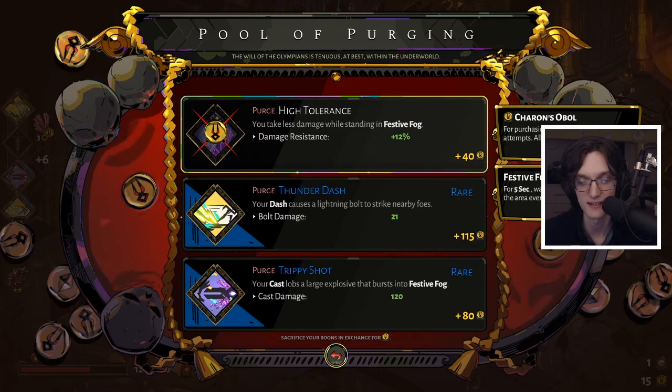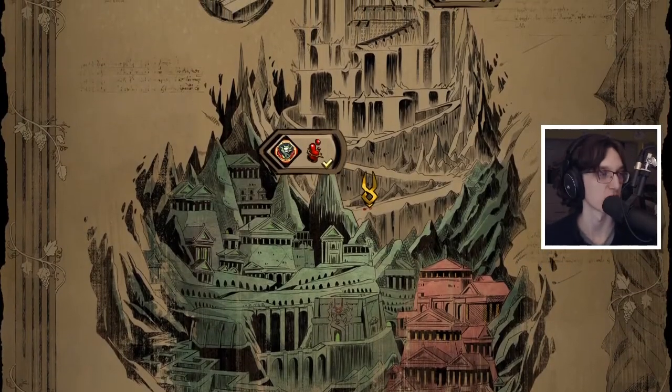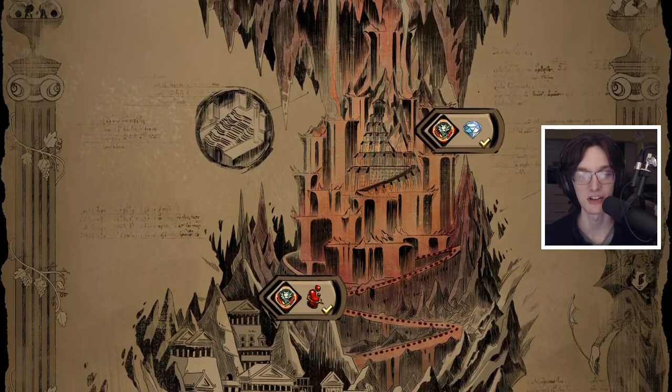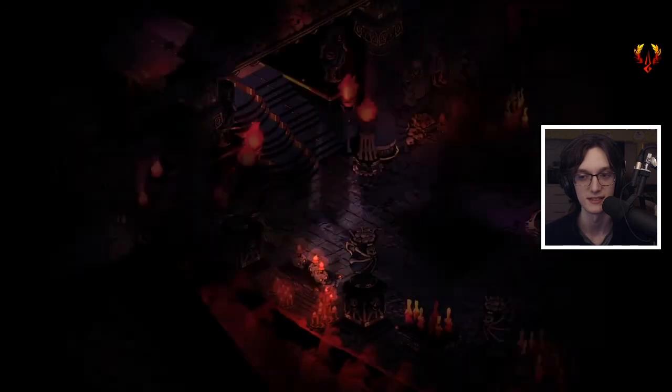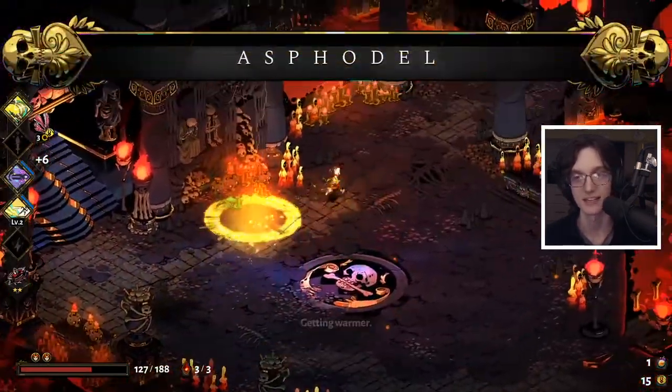So, like, I could sell it. I don't know. It's fine. Let's just keep it. We need to have some basis of a run here, right? We need to keep some kind of synergies going on to build off of, because otherwise we're just running around with our heads chopped off. Getting warmer. I mean, I guess we do that anyway, but...